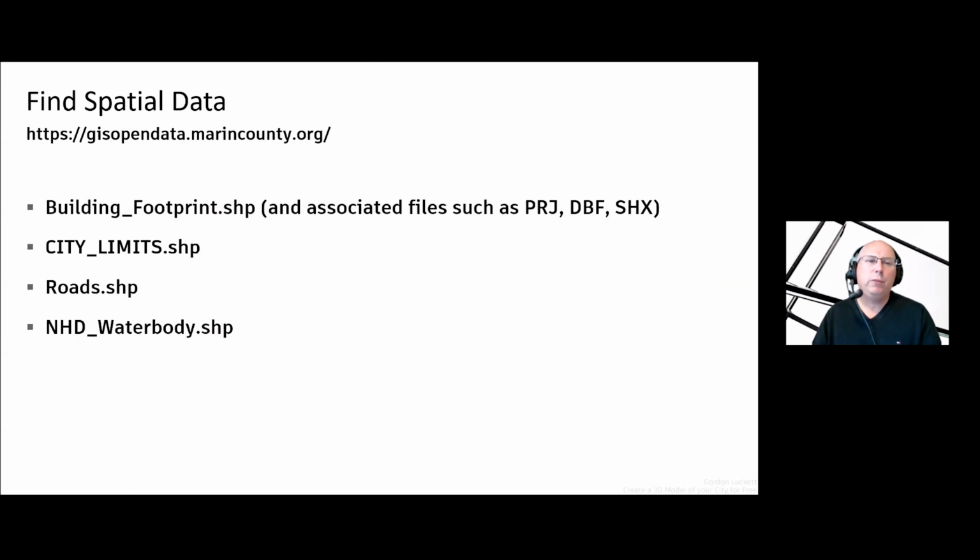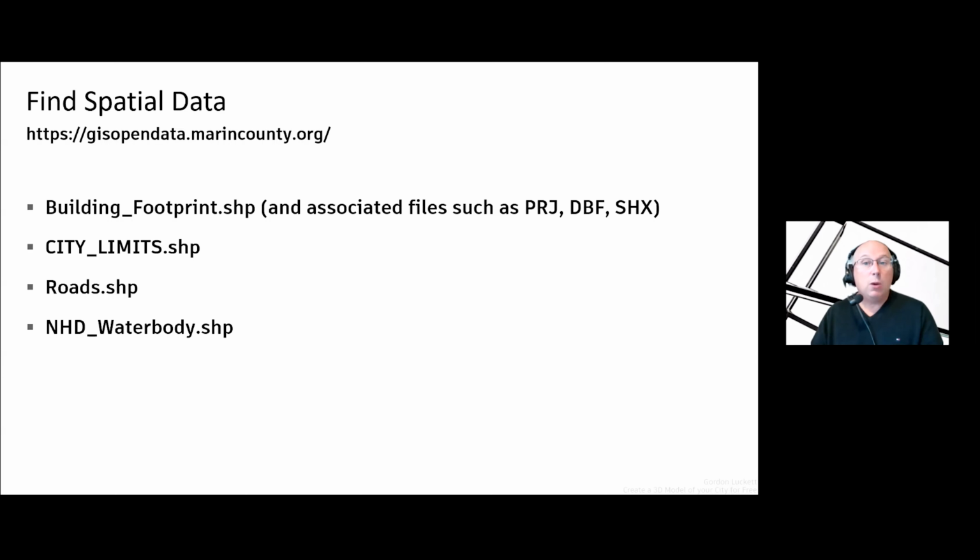So I only downloaded 4 files from this site. I got the building footprints. Now remember, SHP files are the shape files. They're an Esri shape, kind of an old format. All the spatial data is in it, but all the attribute data, the information that looks like Excel, is stored in a DBF file. DBF files, you actually can open in Excel if you want to. I wouldn't recommend it because you could damage the shapefile, but to view them, you can.